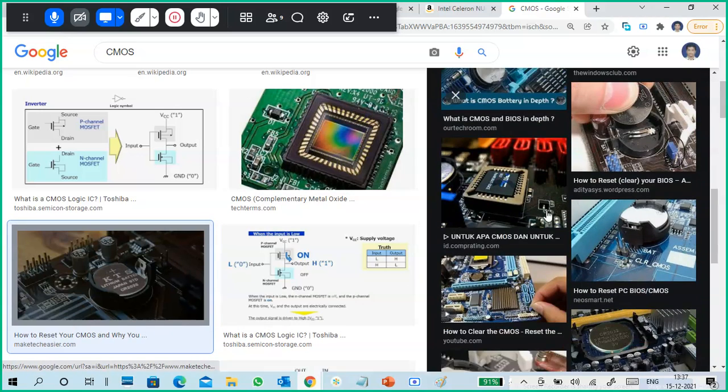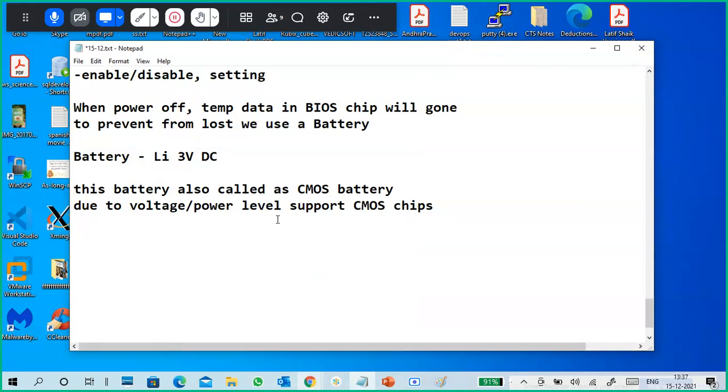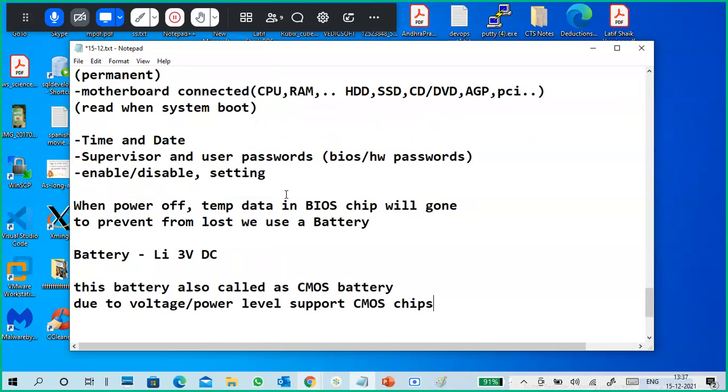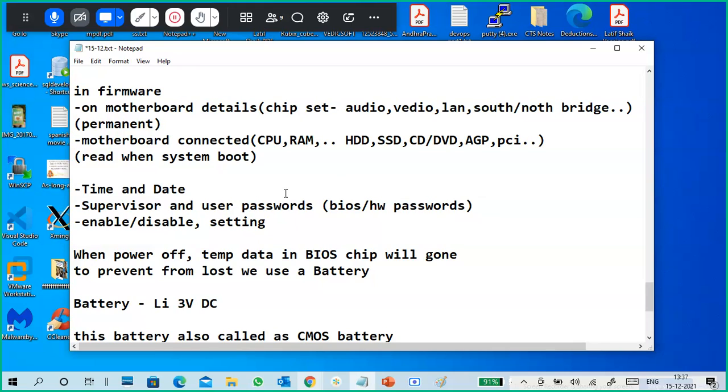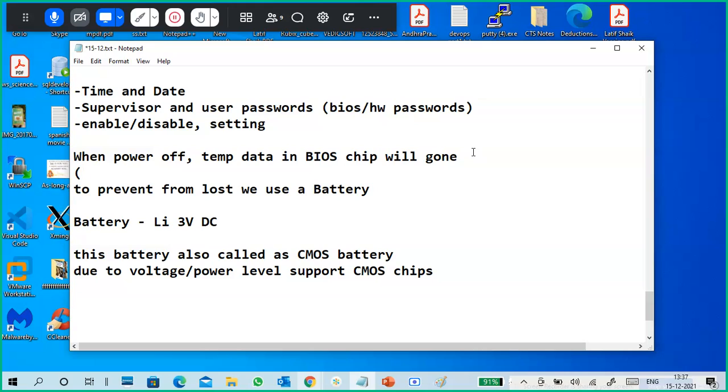Okay, what is the advantage? The CMOS battery gives the power supply to your BIOS chip, so the chip keeps the temporary data as long as possible. Even when the system is off, the temporary data won't be gone. Otherwise, all the settings would be reset